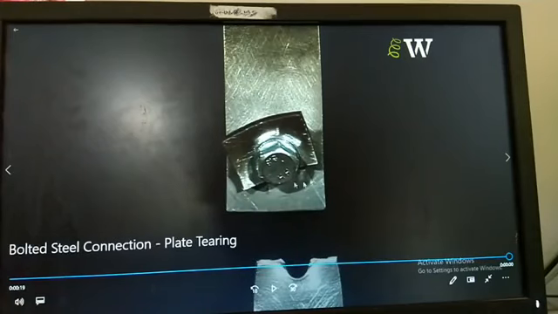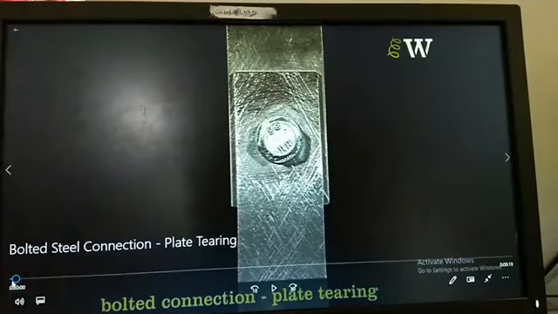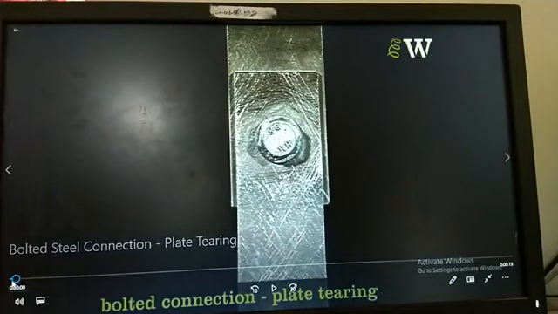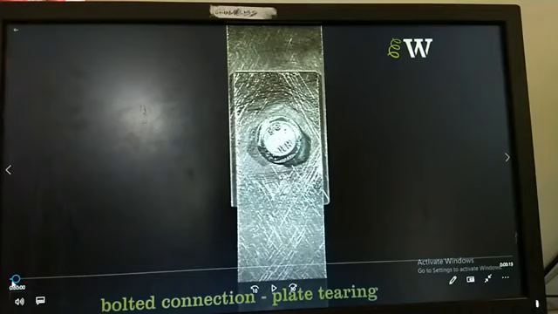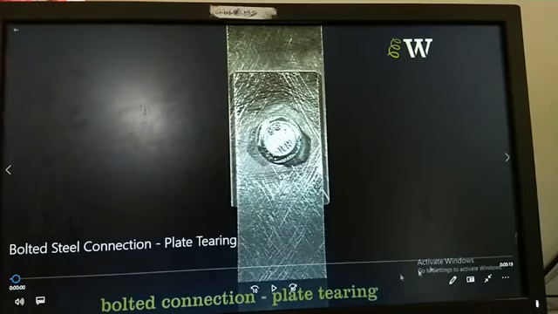So this is what rupture means, right? You want to see it again?